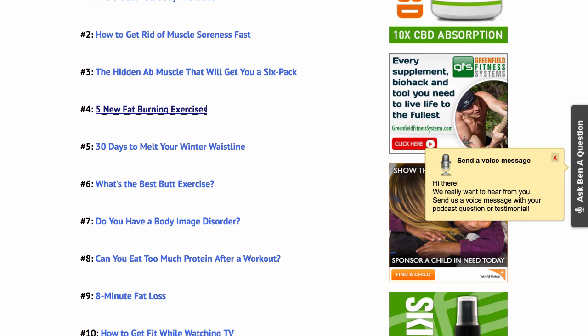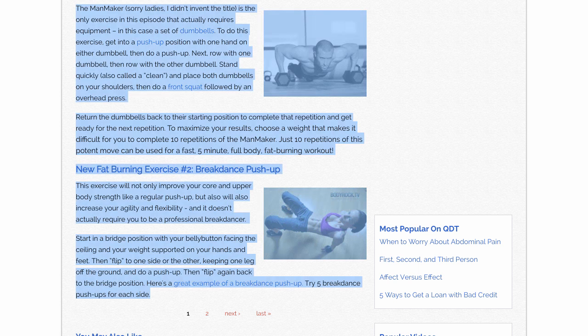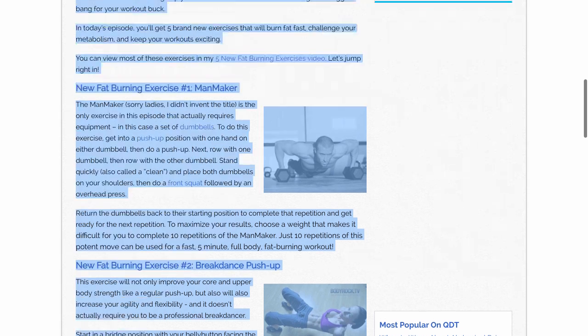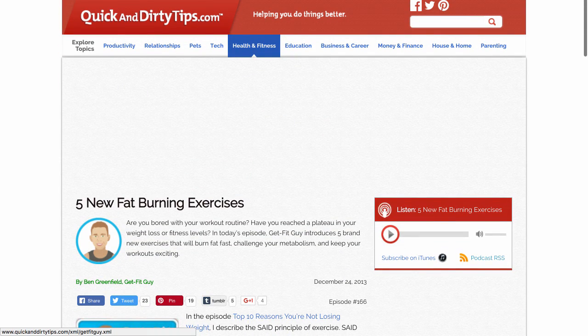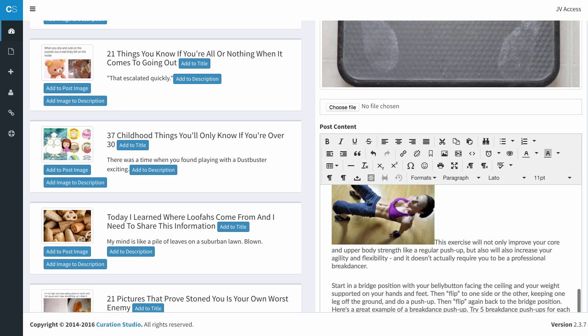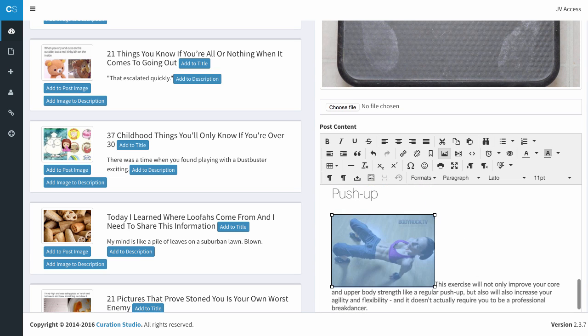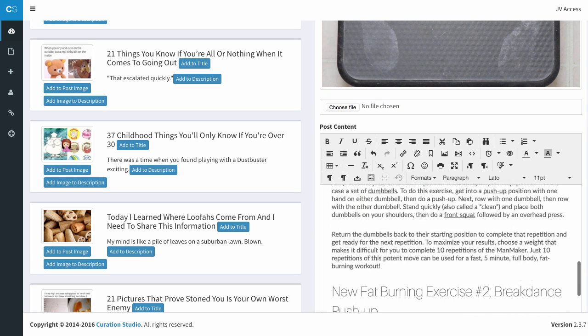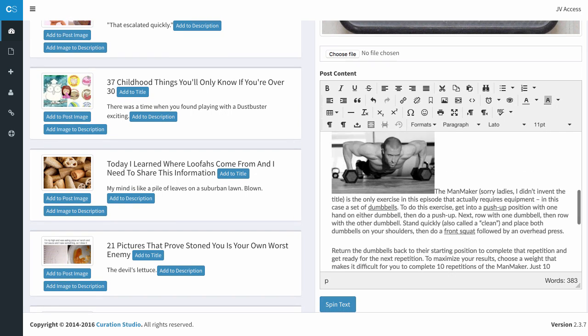Now, to save some time, I'm going to go to this article and copy this. I would usually just grab the RSS feed from this. So you see this link here, this is the RSS feed. You could use that as content for today. I'm going to copy this across and use this because I'm not finding any fitness articles that fit into what I'm trying to do. So I can delete that,